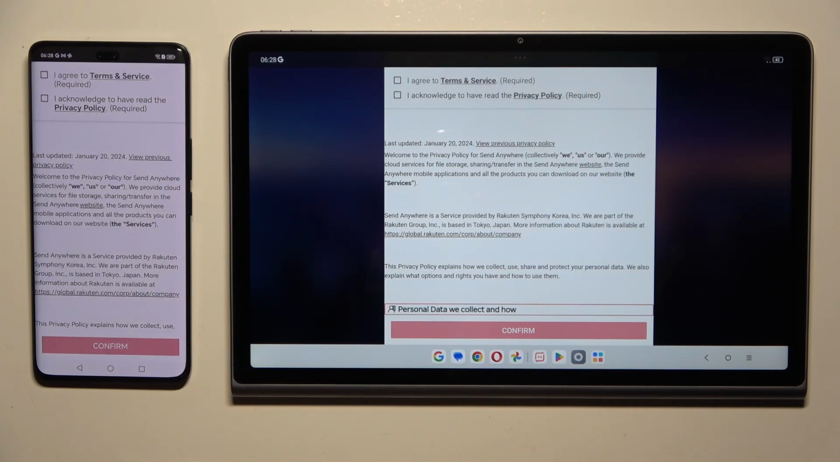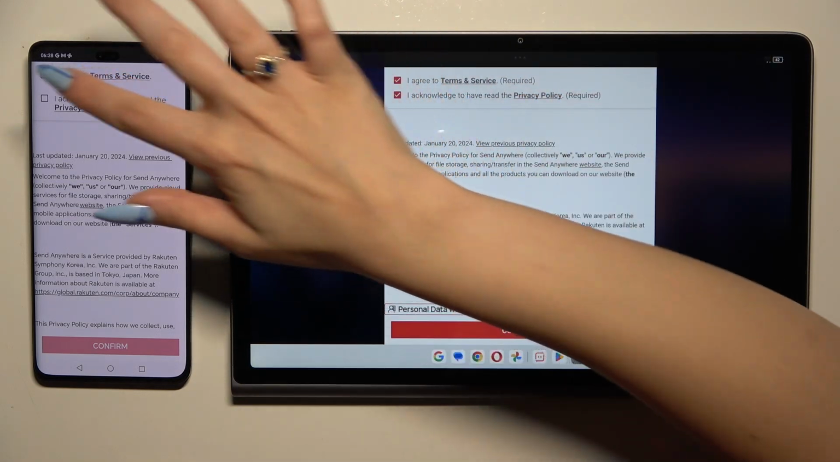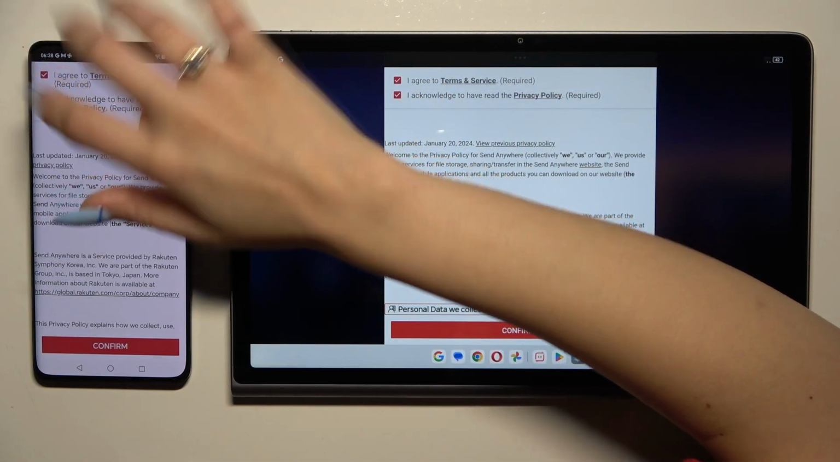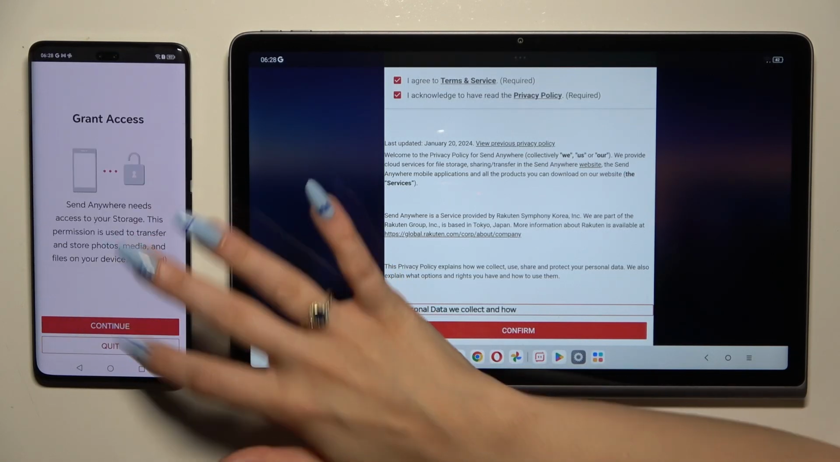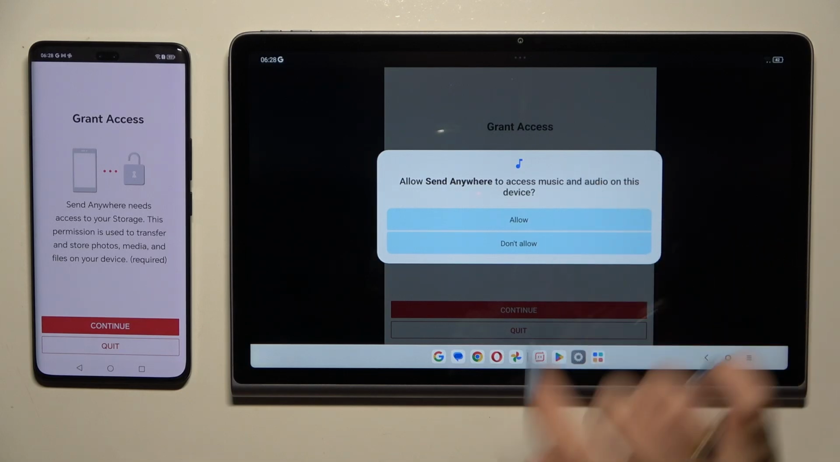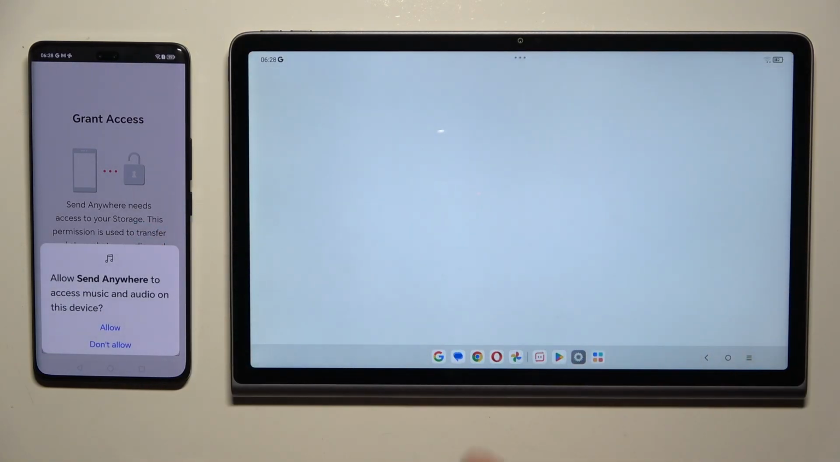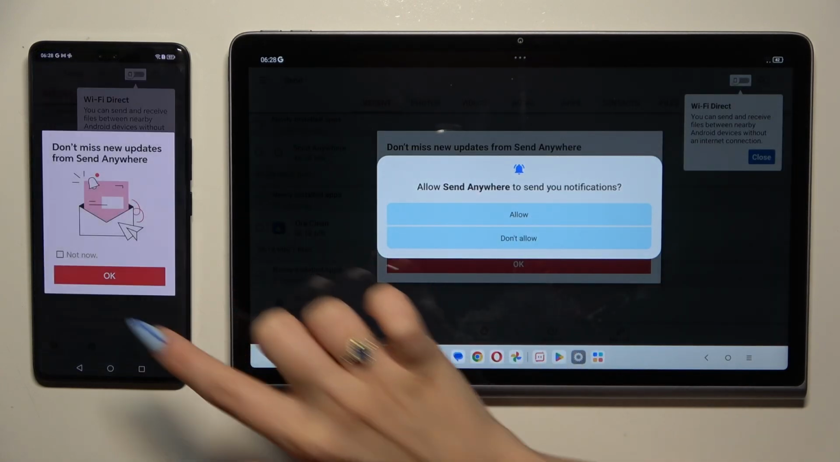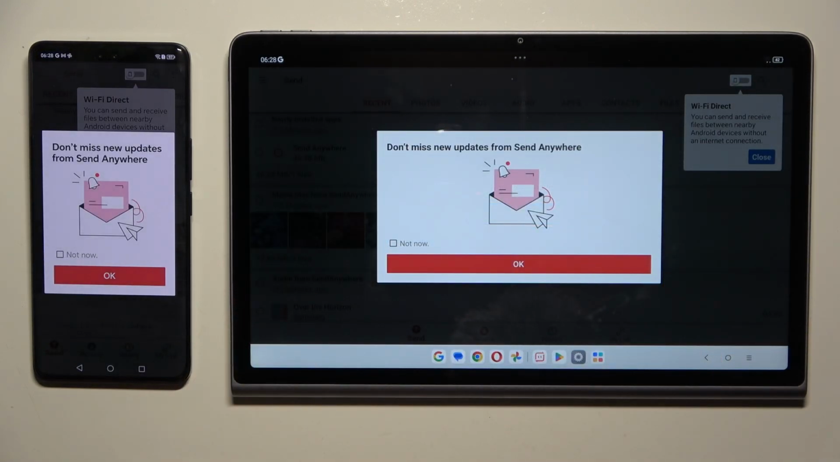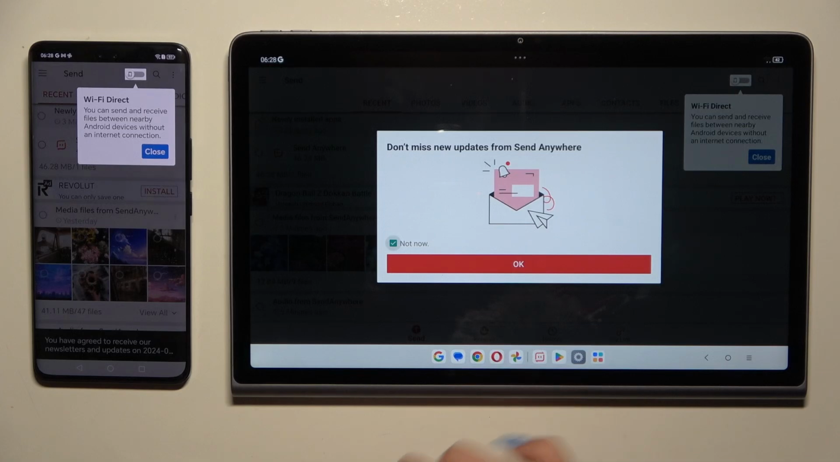Then to set it up, tap on the same options in both apps. Firstly, I agree and I acknowledge. Then confirm, continue, and allow. In this window about new updates, you can tap on OK right away, or select Not Now and then